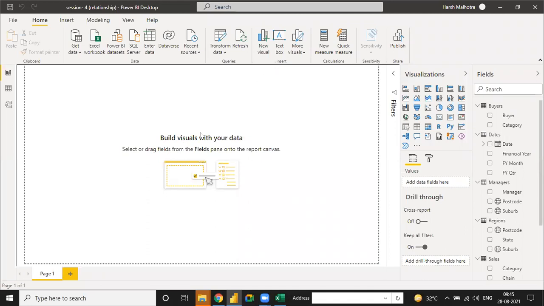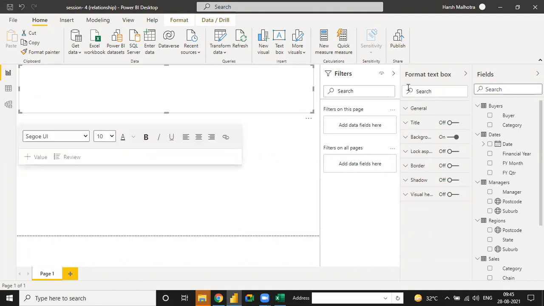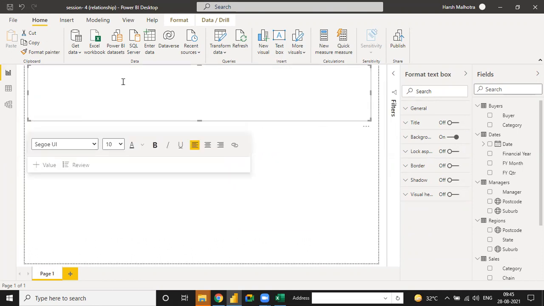So let me try. See, the first visualization we have is a text box, because a text heading is very important in every scenario. So you have to write it here as Sales Dashboard 2016 to 2000.